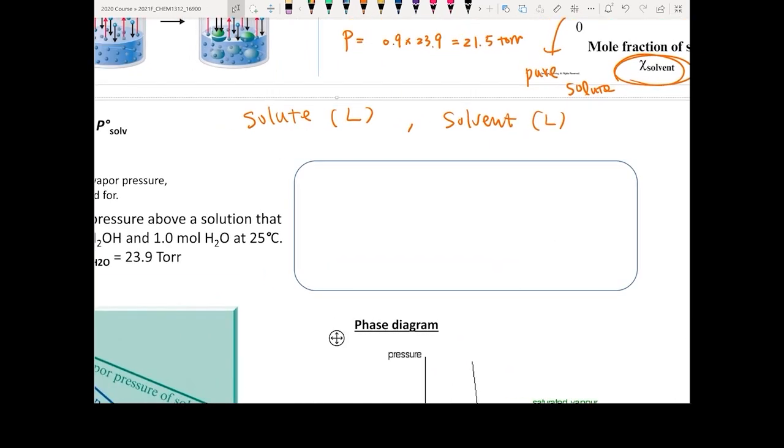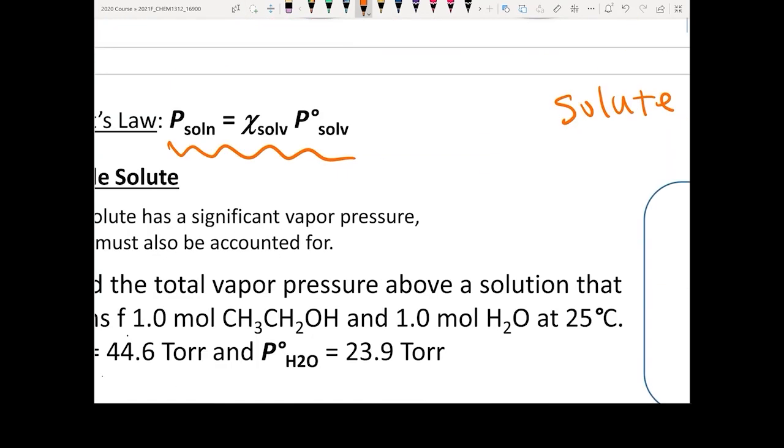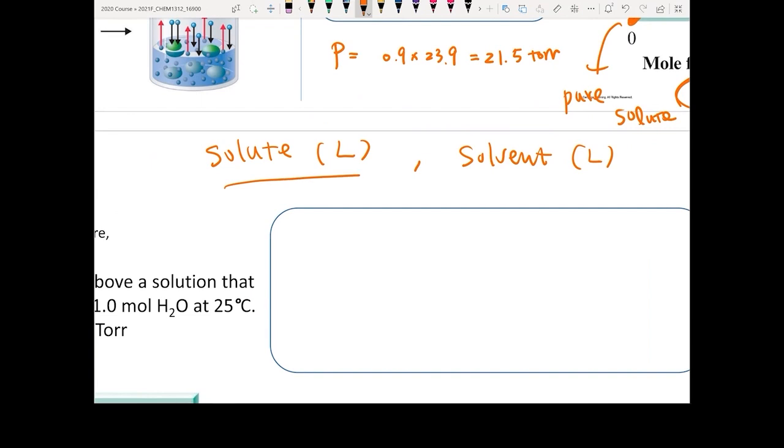In our previous case, the vapor pressure came purely from your liquid solvent. If you throw a liquid solute into a liquid solvent, both of them are going to contribute to the vapor pressure. Instead of using the simplest Raoult's law, the equation you need to use for this very specific question is